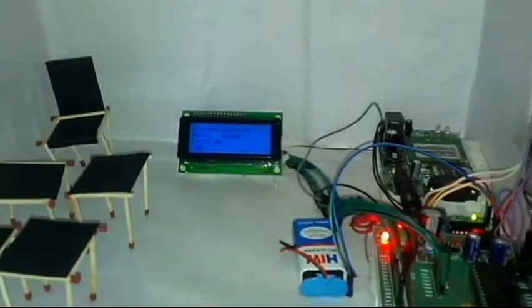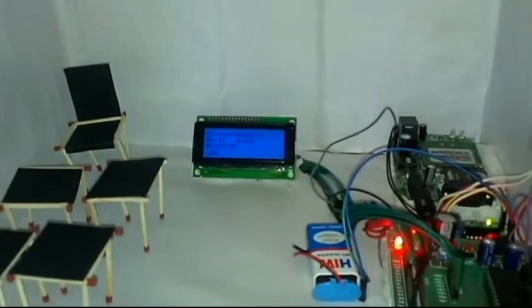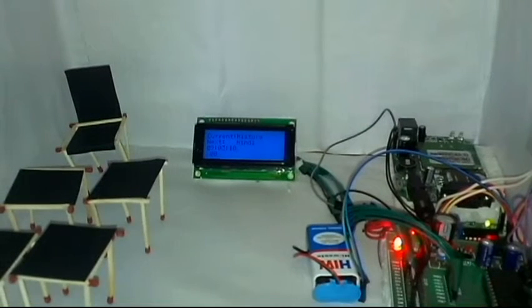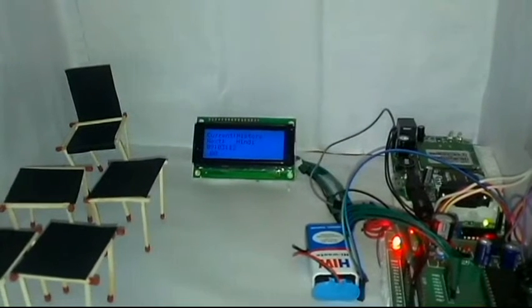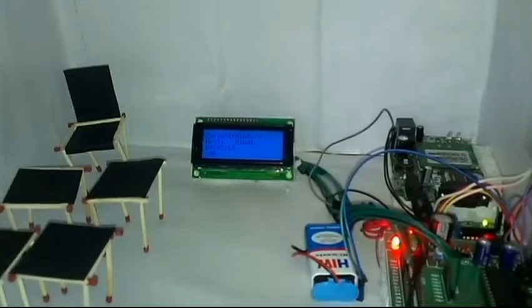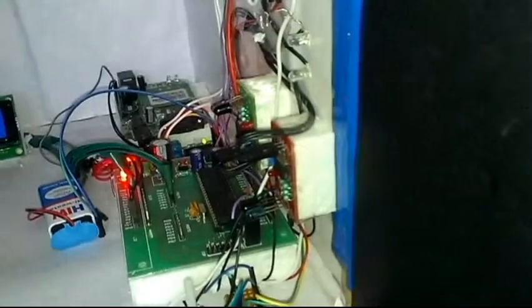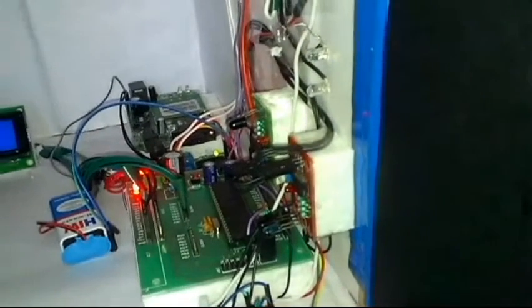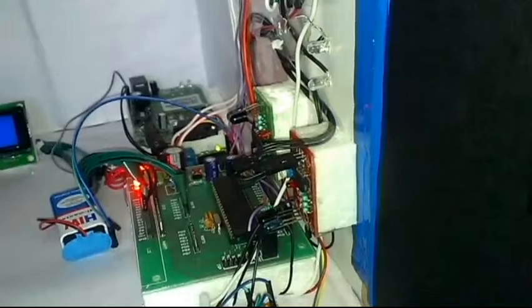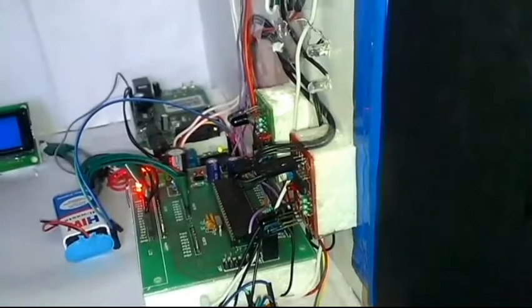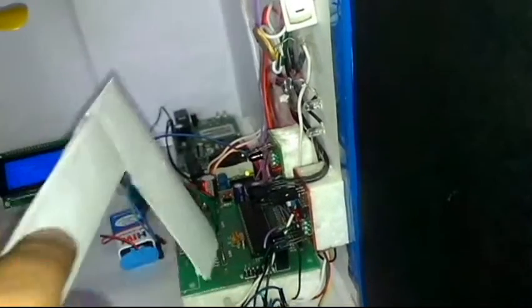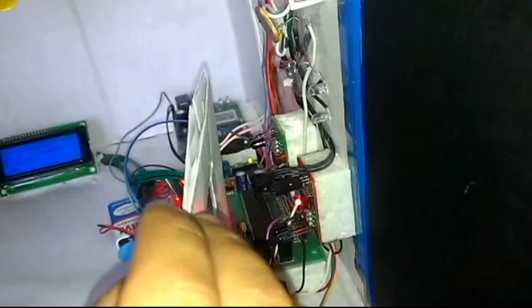Next is the use of the counter in our project. In the bottommost line you can see a counter which is updated on an entry and exit of teachers and students. This is done with the help of IR sensors, which you can see are placed on the entrance wall right there. So when any student enters, considering this page to be a student, and if he enters the class,